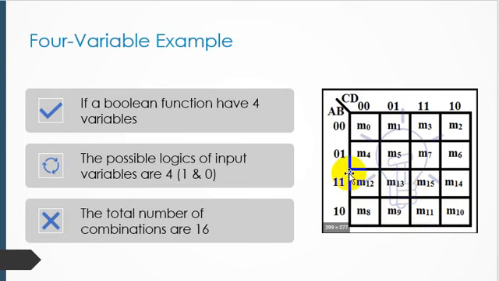Why we are going to swap these 2 rows and these 2 columns with each other, we will discuss in the on-campus class. So the basic representation of the 4 variable input should be in your mind, and the labeling of the minterms for each cell should be very clear, so that we can solve our in-lab task.